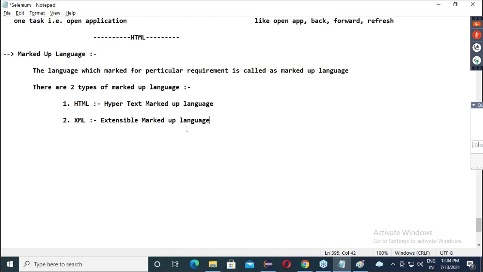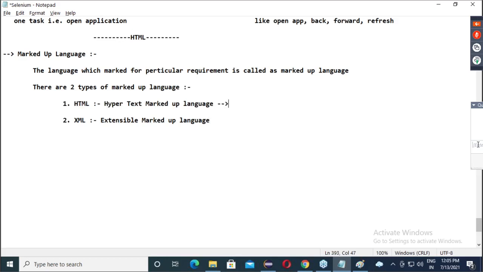Now, what are web services? What is the business? That is our API testing course. If we open that now, we will move to an entirely different ocean. Right now, just at a high level, we should be aware. How many markup languages? Two. HTML is for web pages. XML is for web services. Clear on this?